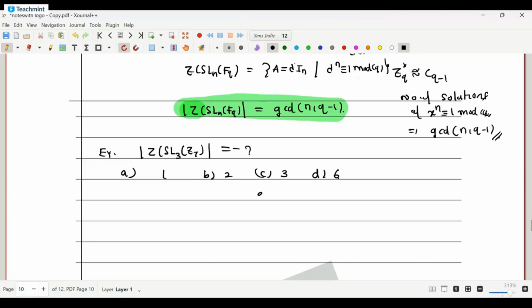What is the formula, sir? The cardinality is GCD of n where n is equal to 3 and q minus 1 where q is equal to 7 minus 1. So which is equal to GCD of 3 comma 6, which equals 3. So it says 3 elements exist in it. What are those elements? Certainly they satisfy x cube is congruent to 1